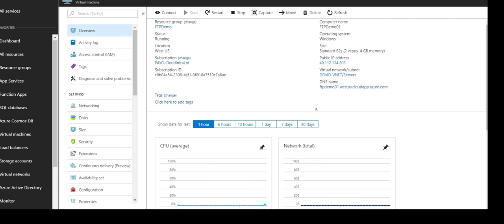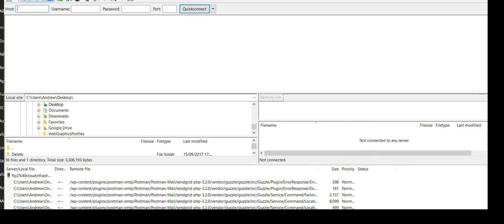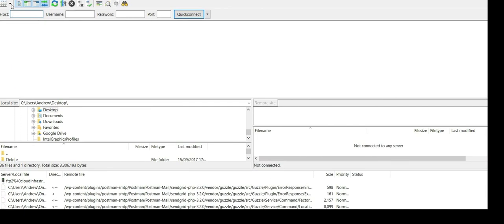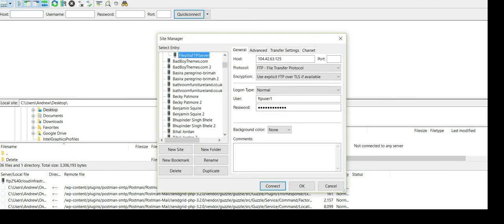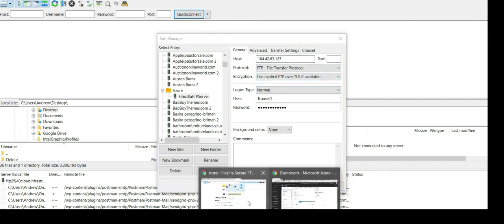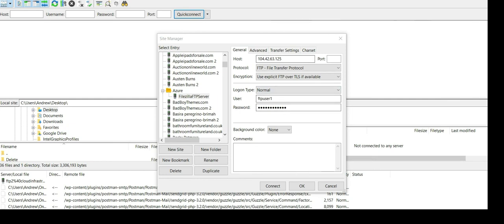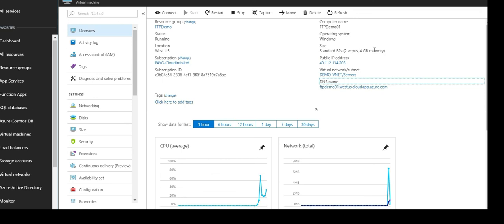So here it is. So I'm going to go new connection. So I've got one from a previous demo. So if I put in the IP address in it, let's get the IP address, copy that.